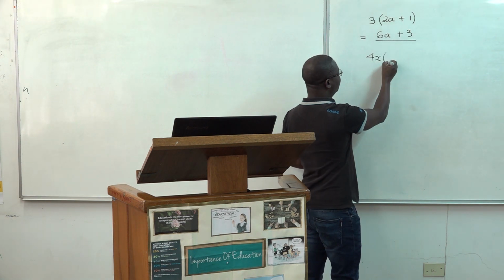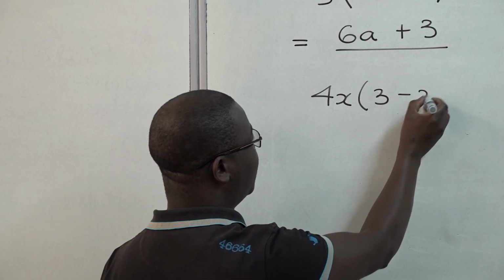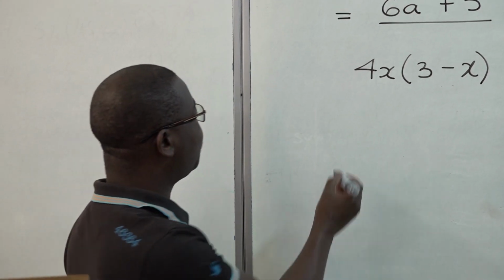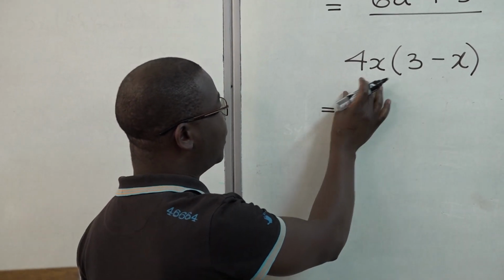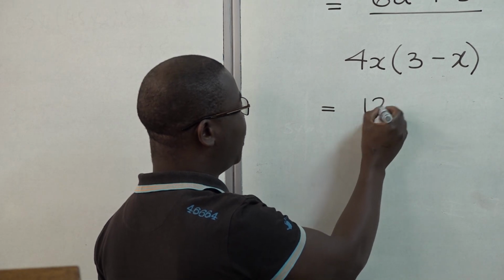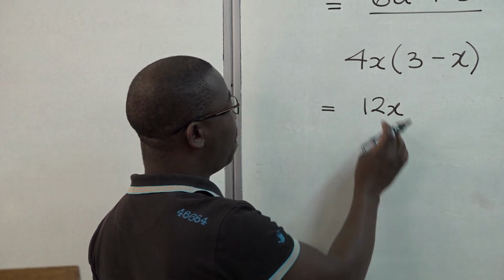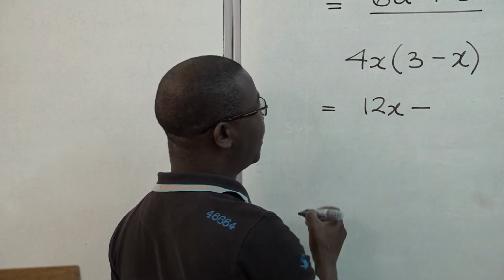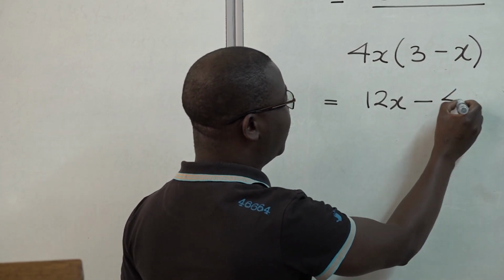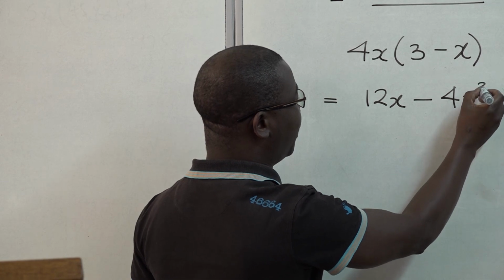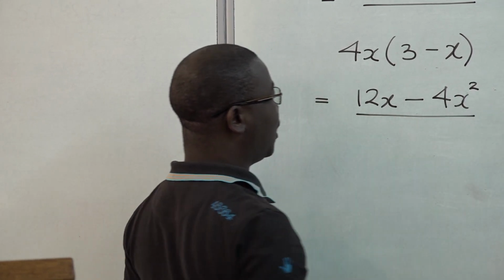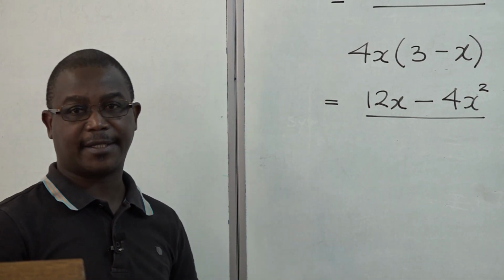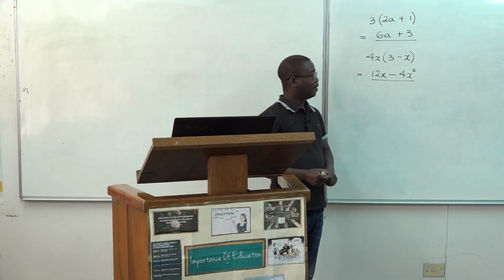4x, in brackets 3 minus x. Very, very similar to the first one. 4x times 3 gives us 12x. 4x multiplied by minus x, the sign changes to a negative, and our result is 4x squared. That becomes the product of 4x and 3 minus x. The next